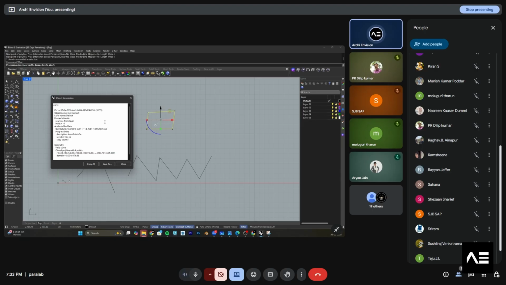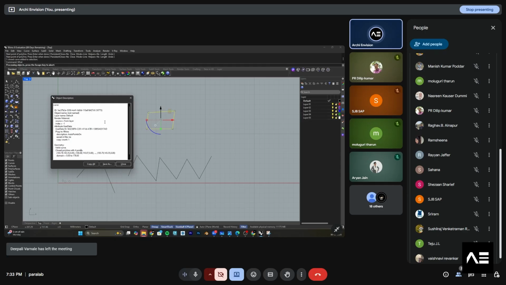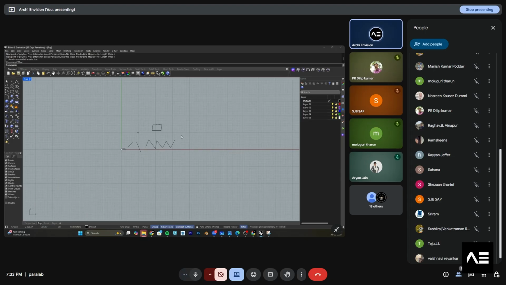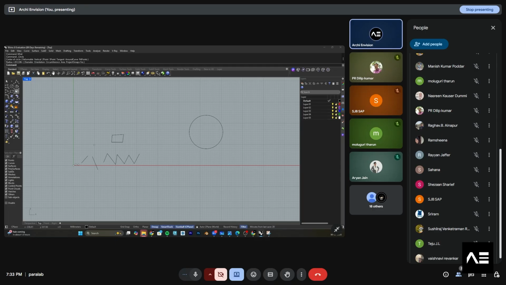So it will have the whole set of details. It will show you the object description. If you don't know anything, you just place it, and it will show you all the details about what you have been doing in the workspace. So we just randomly pick and drop. This is the information for you on the first day. You can make a circle, you can make an ellipse. I'll explain in detail in a later session.